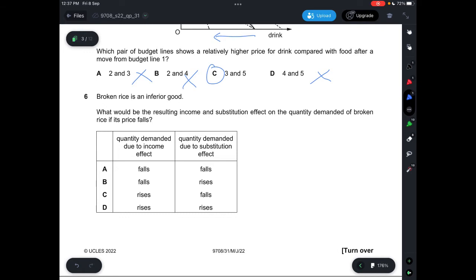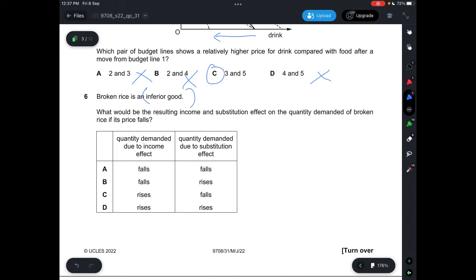Question 6, broken rice is an inferior good, and what would be the resulting income and substitution effect on the quantity demanded of broken rice if its price falls? So normally for an inferior good, if the price falls, this means that people will buy more of it. Okay, so if you take a look here, the quantity demanded due to income effect, this would fall because its price falls, and